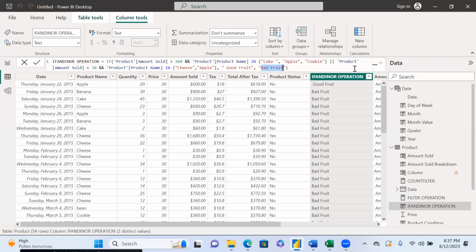But what I'm going to replicate here is going to be different. Actually, I only wrote this to test the data set. So you might read into this DAX logically and it might not make any sense based on the output here. Because you can see the total after tax here is 618, it says good fruit, where the total after tax 927 says bad fruit. It's simply because